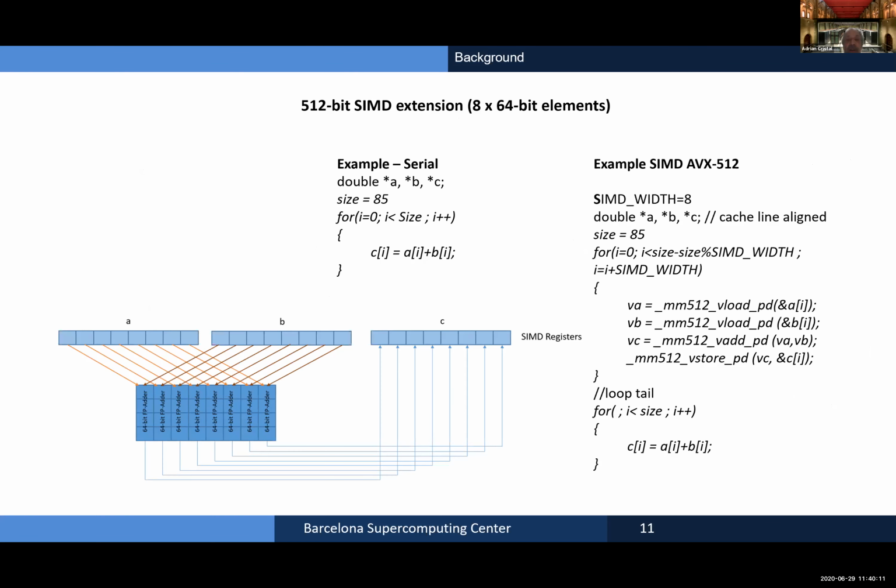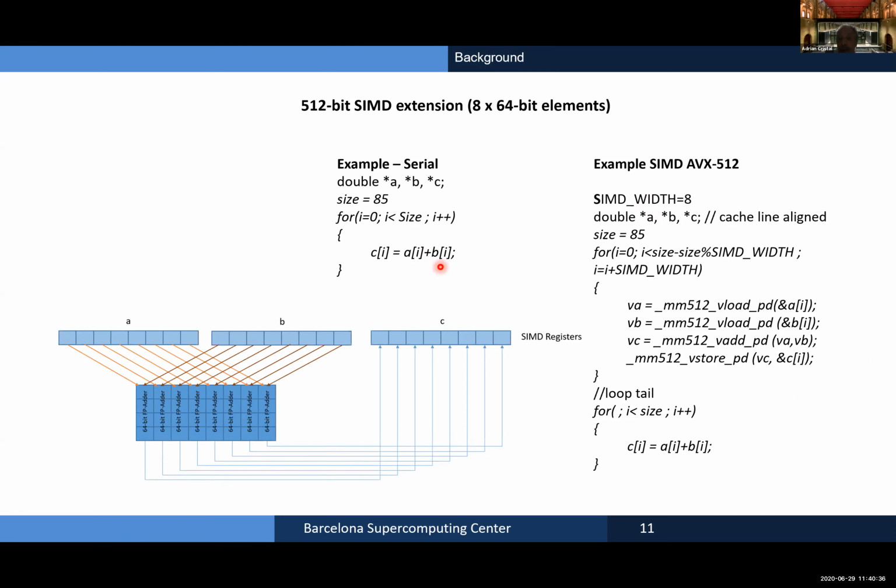Okay, what is a SIMD extension, or what usually is a SIMD extension? This is our original code. What we are going to do is split it into chunks that we use in parallel. In this case, we do an addition of two vectors with a for loop going in steps of the SIMD width, which in this case is 8.